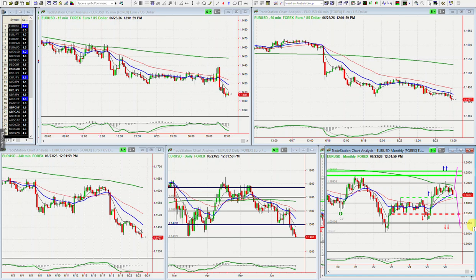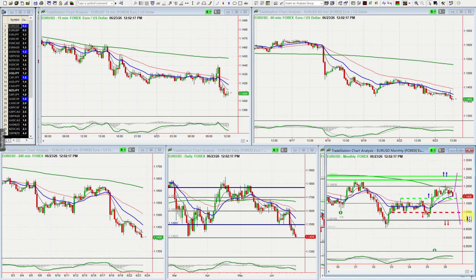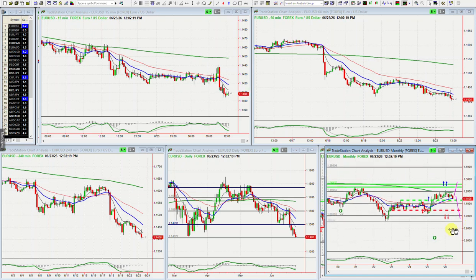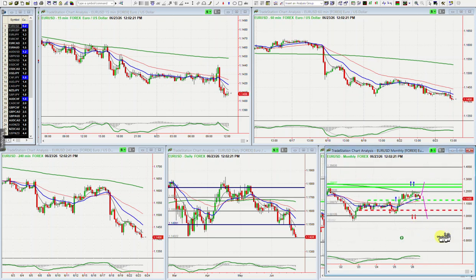Let's have a quick look here at the monthly chart. Basically similar to what we've seen here, right? On the monthly chart, big red bars. We have already spiked and tested the par level. We should see that happening and even breaking to a new low. And then I think I have it in here somewhere, or I had it. I think the target is around the 80 level. So let's see if we get down here. We could see the dollar getting really stronger for whatever reason. I don't know.